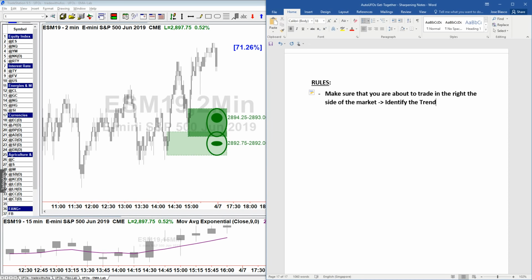Identify the trend. And here I'm going to underline and italicize the word trend, because there are so many different theories in the marketplace that talk about trend and how it makes sense or how it doesn't make sense, or how if you trade with the trend you're late, or if you enter the trend too soon it's not good, or what if you have a trend in one time frame and a different trend in a different time frame. You could look at trend and go completely crazy.